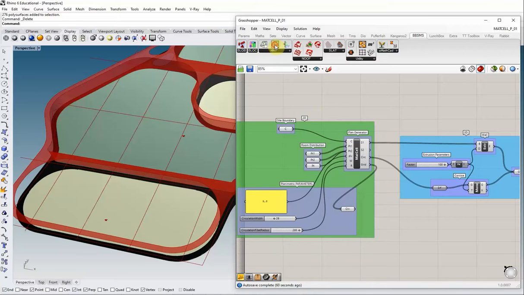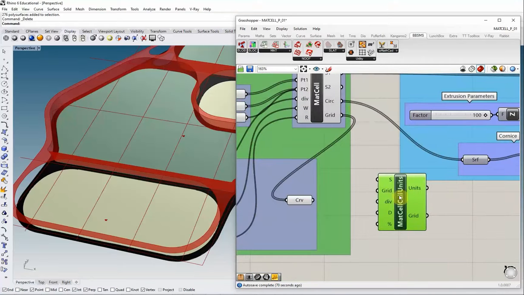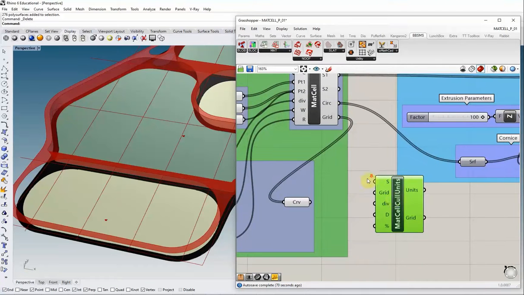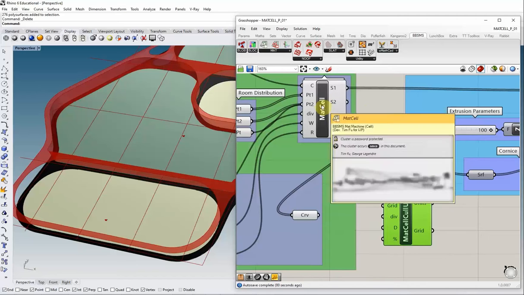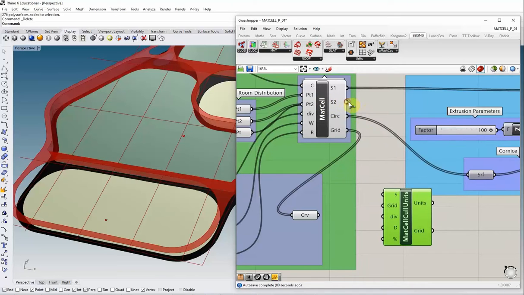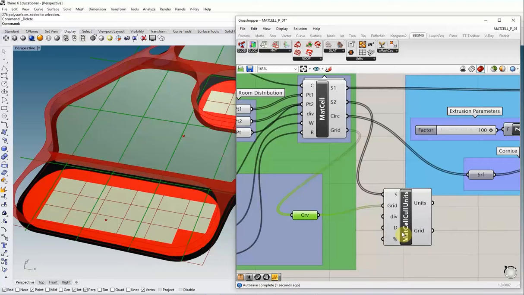So I'm going to drag the component. Now this component needs to be connected to the math cell component, and you need to select which series of rooms you're going to subdivide. So I'm going to go for S2, which is the one in the foreground. Then you remember we have the grid that we used. That too needs to be routed into the grid parameter of the math cell units,